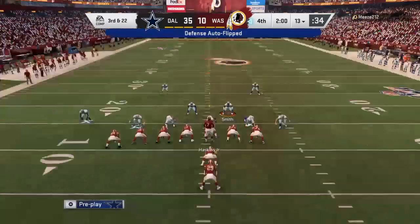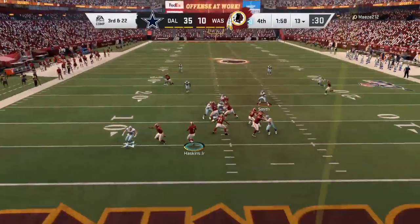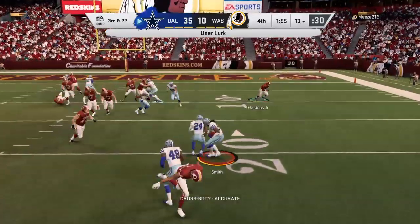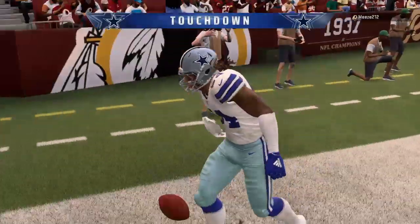So it's Redskin football here as we welcome you back. And let's see what they've come up with offensively after having time to talk it over. Here's Haskins to throw. And he's going to be intercepted a 3rd time. Picked off by the linebacker, Jalen Smith. And he takes this one back into...